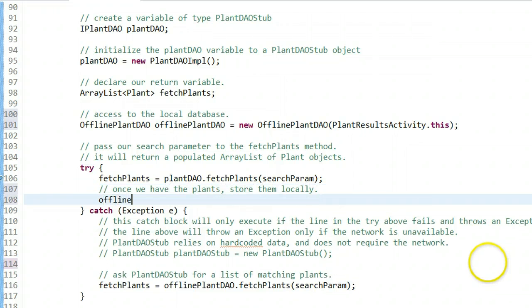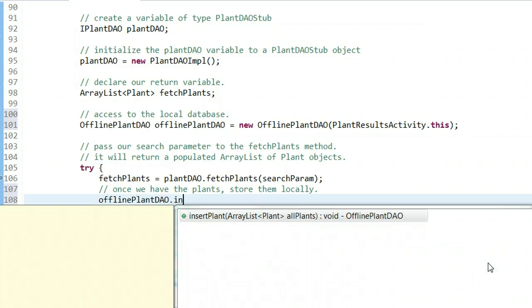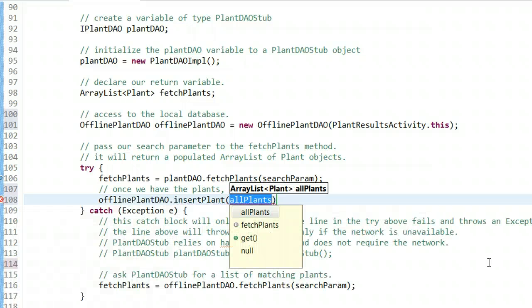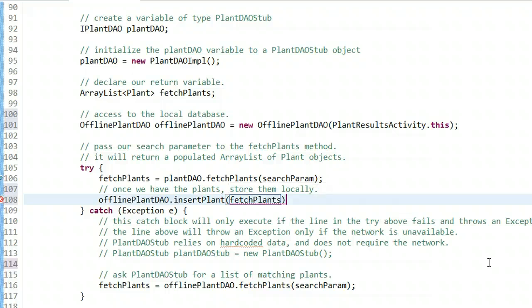And we can say offlinePlantDAO.insert, well, I guess I should call that insertPlants, and we'll say fetchPlants like so. So we're killing two birds with one stone here. We're getting the plants so that we can display them, but also we're storing the plants in the local database